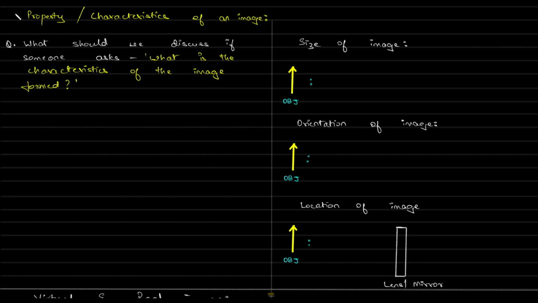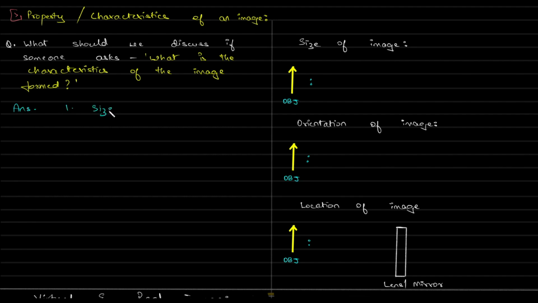We're looking at the properties, if not characteristics, of an image. So what is it that we have to discuss if someone asks what are the characteristics of the image formed? If someone asks you, okay, you have an image, you're looking at an image, what all can you tell? What properties do you think it has? If someone asks you to list the properties of an image, you have to talk in terms of